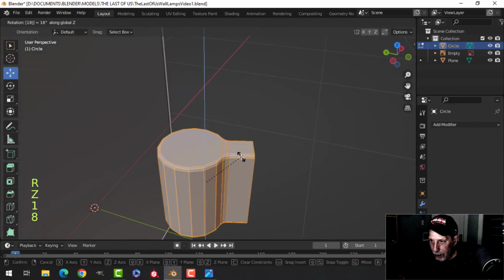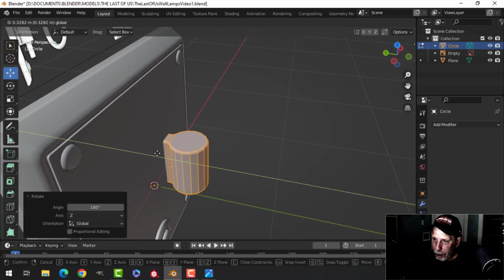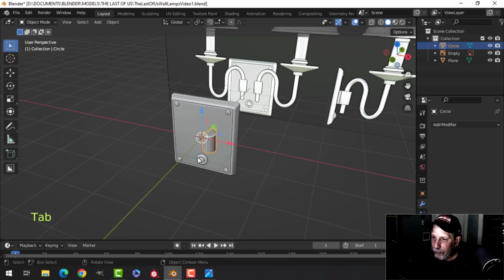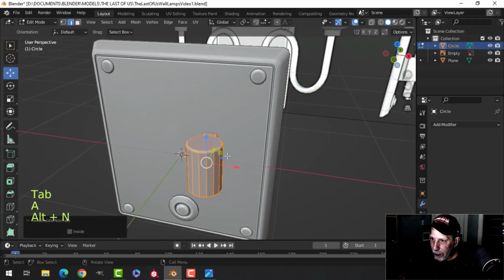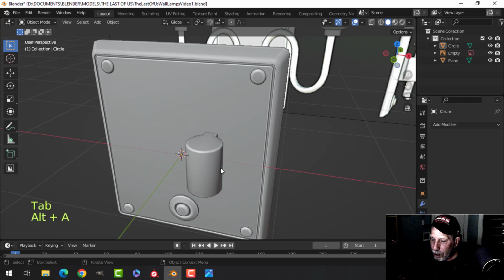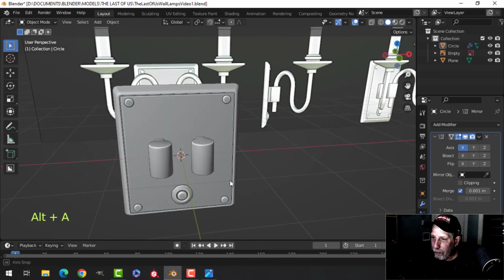Z 180 and push this in something like this. There's a little bit of a stem left and it sticks out. Let's take this though and Alt N, recalculate outside and shade smooth, and we're going to mirror this and we'll have the 2 of them